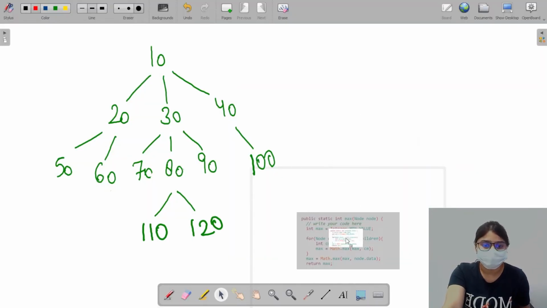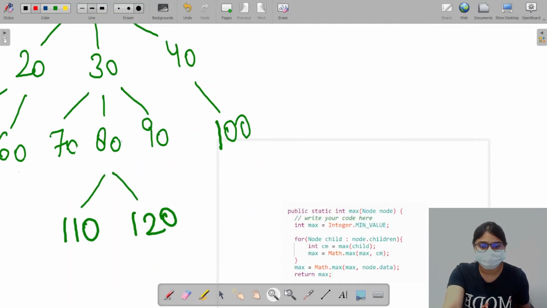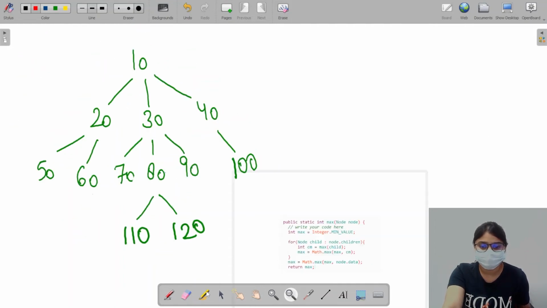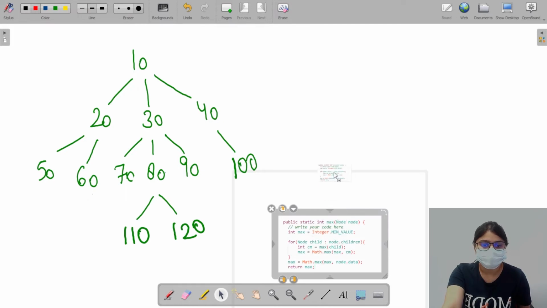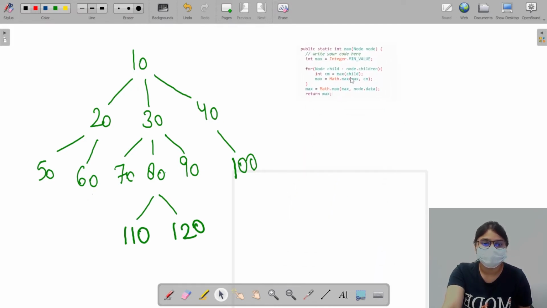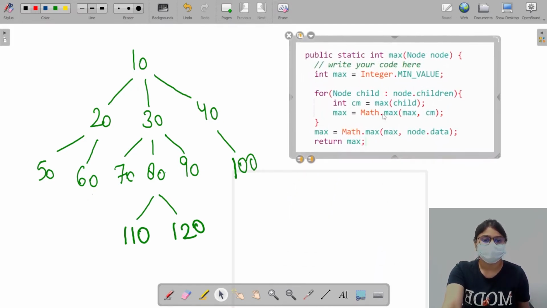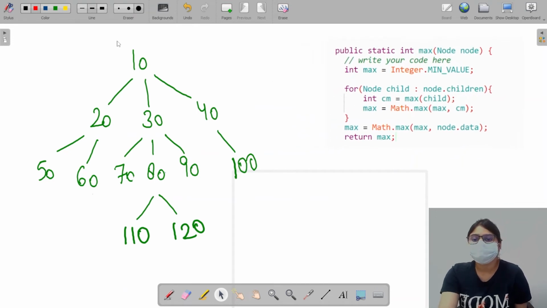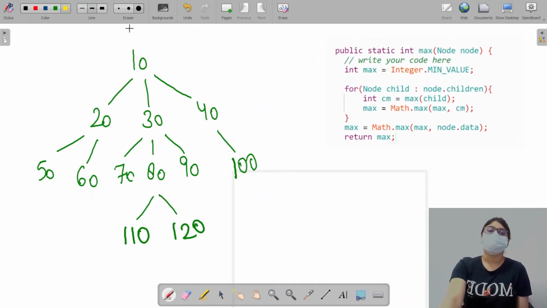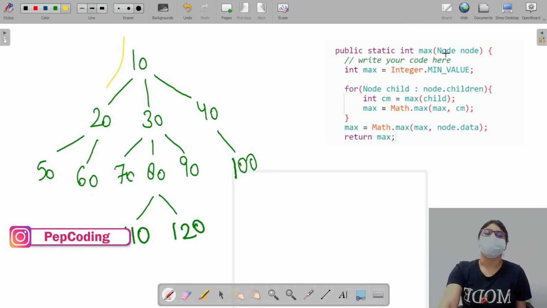This is our code. Let me just set it up for you. So what we are doing is, let's make the Euler path and we'll keep on writing. So first of all, we are at node 10.